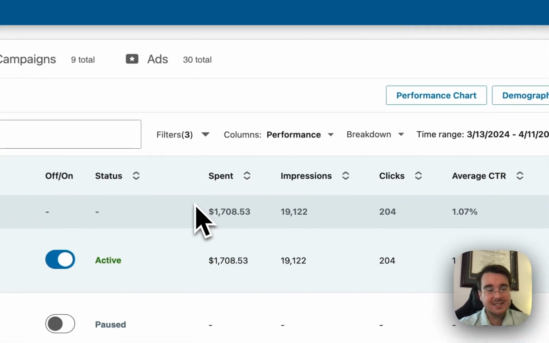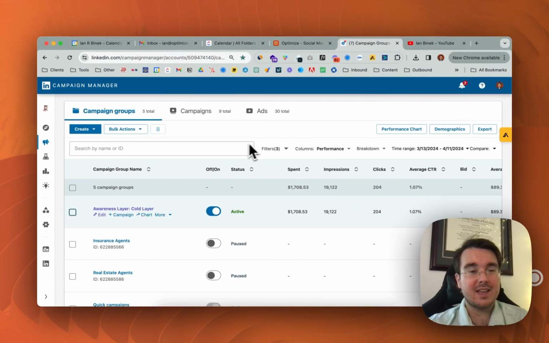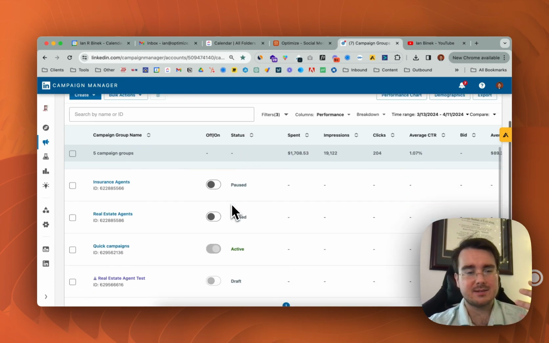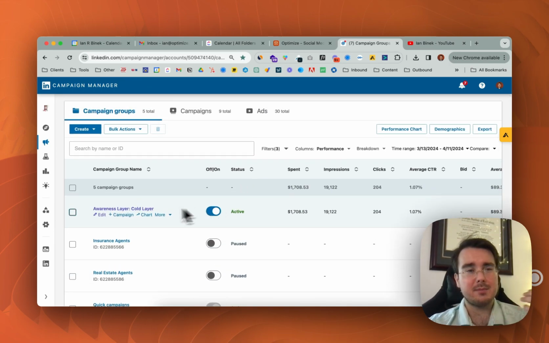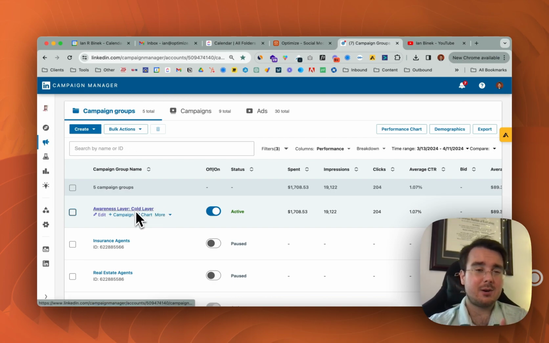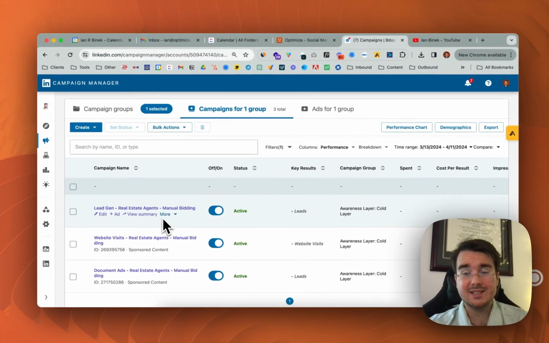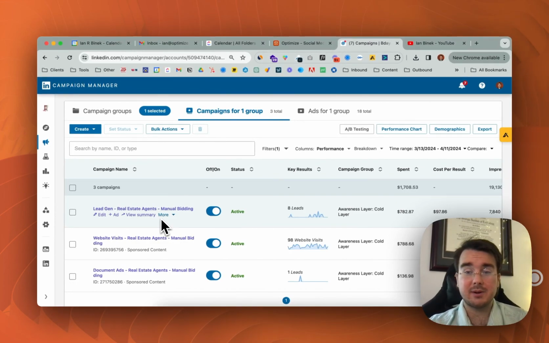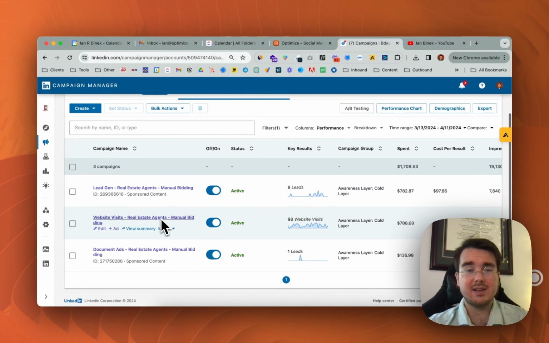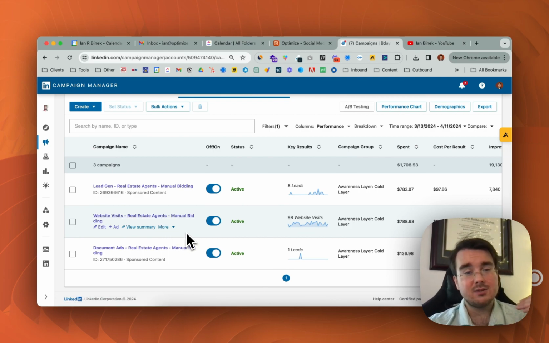So in LinkedIn ads, we are in this ad account right here, and we've talked about structuring your account in certain ways. This is a client account, so they've had some campaigns in here before, but primarily speaking, we like to structure our ad accounts into campaign groups. So we have this cold layer, awareness layer, and that's generally speaking where we're going to be working today, but that's where we target the top of funnel and the marketing funnel. Now, as you can see, we have 3 campaigns running in here. What I want to do is create one of these campaigns into an A/B test at a